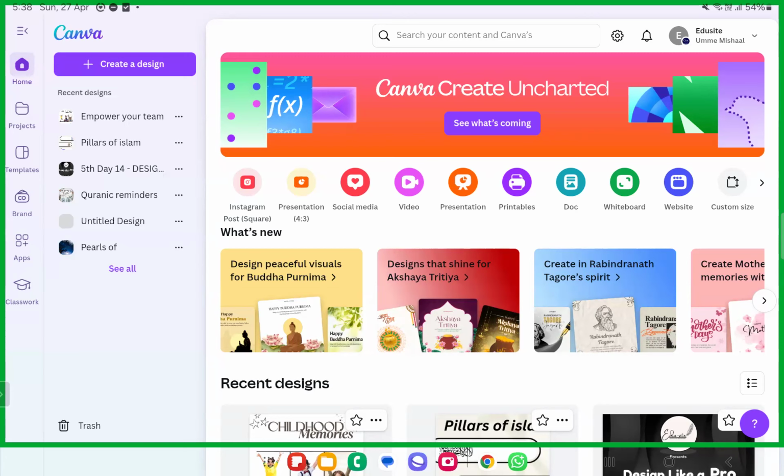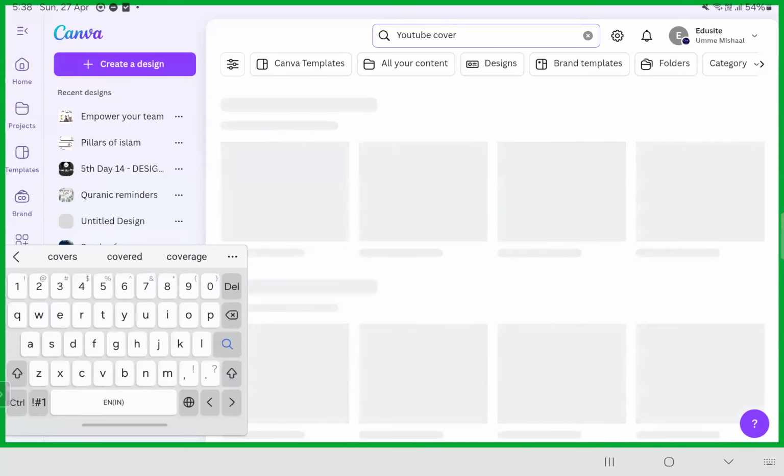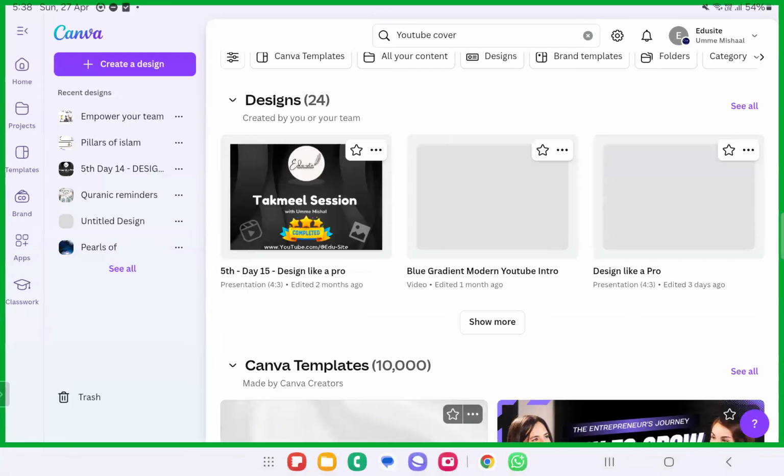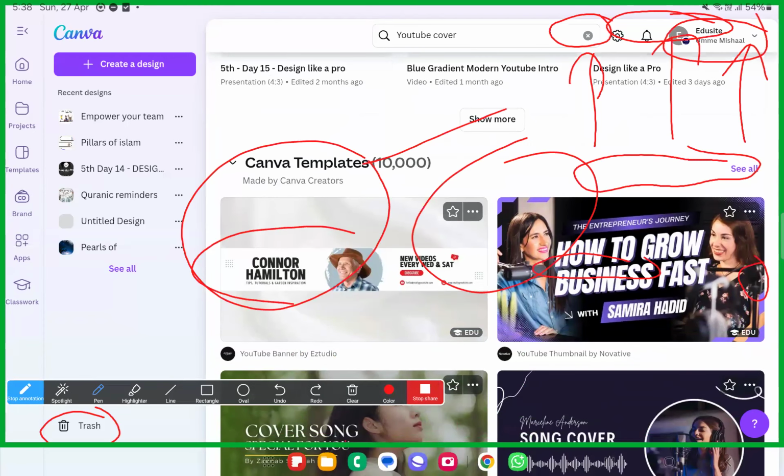So let's go ahead with the actual topic of today's session. It is entire video editing in Canva. We have learned almost all of the concepts that are required. Now, for example, you have established a YouTube channel, you have created the YouTube cover. Whatever you want, dear sisters and brothers, you have the ratios here. You want to make a YouTube cover photo, you can just add the logos onto it and create a YouTube cover. Usually YouTube covers are something like this. You can create whatever you want with Canva.